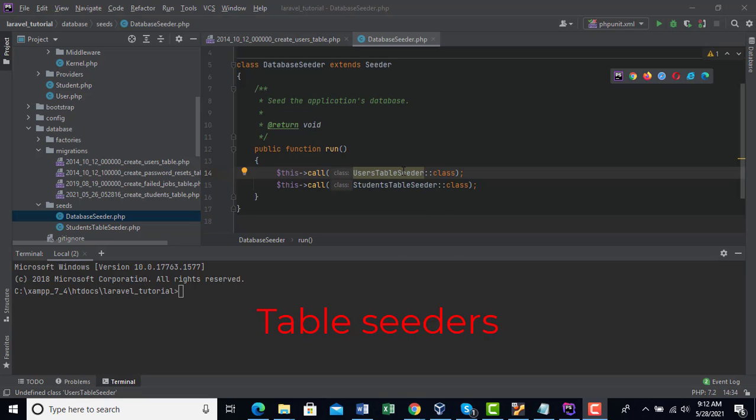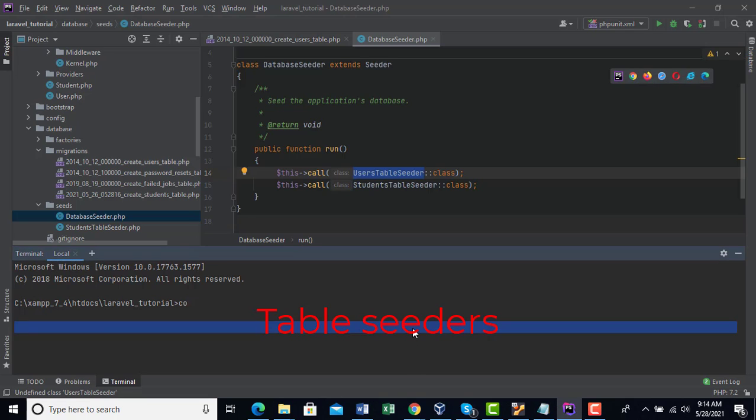Database seeds means dummy data or default data when the database is created. After I update something in the database seeder, I write this code, that is composer dump-autoload.